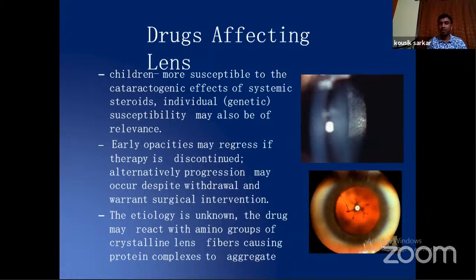Alternatively, progression may occur despite withdrawal of the treatment, and may warrant surgical intervention like cataract extraction. The etiology of formation of cataract after steroid therapy is still not well known. It is said that the drug may react with amino groups of crystalline lens fibers, which causes protein complexes to